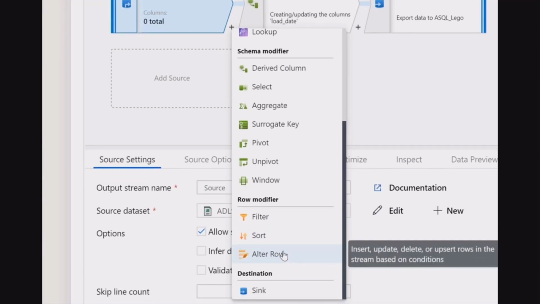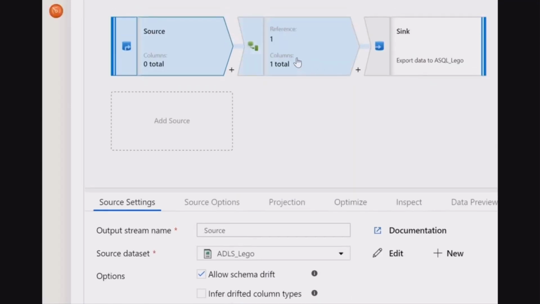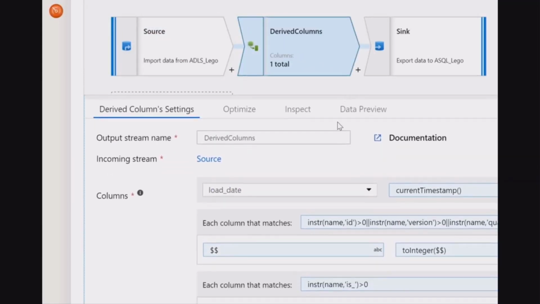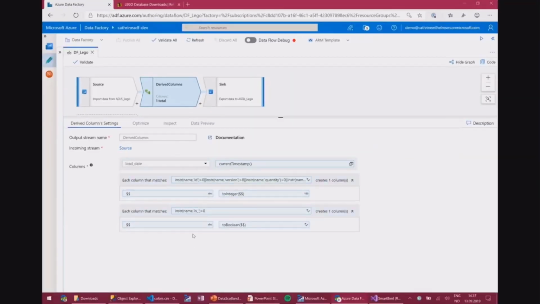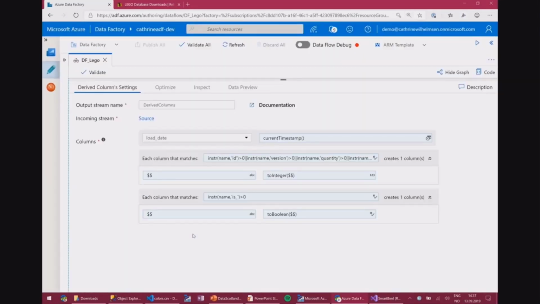Now, we don't have time to go into details of all of these, so for now I want to focus on the derived column. I have to zoom out a little bit more again. That's probably as good as it gets. What you will see here is kind of overwhelming the first time you see it. At the top is where I create basically a static derived column. I want to add the load date to my table and just use the current timestamp for that.